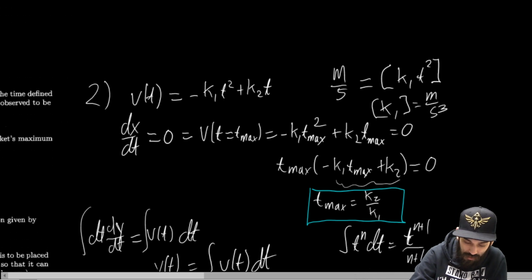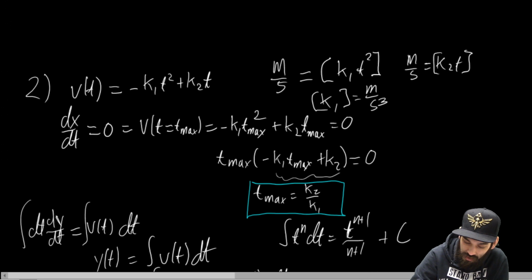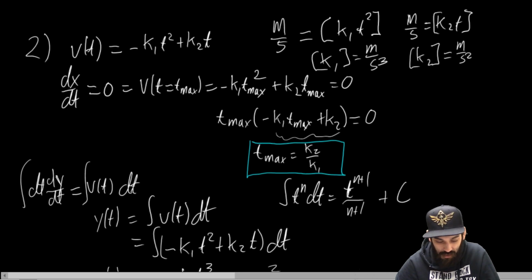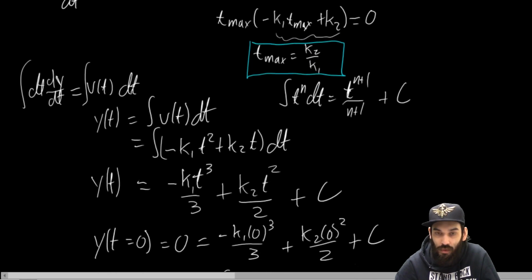And likewise, k2 times t is meters per second. And so this tells me that k2 has units of meters per second squared. Okay, so there's our dimensional analysis, but let's see if that holds for our answer at the bottom,